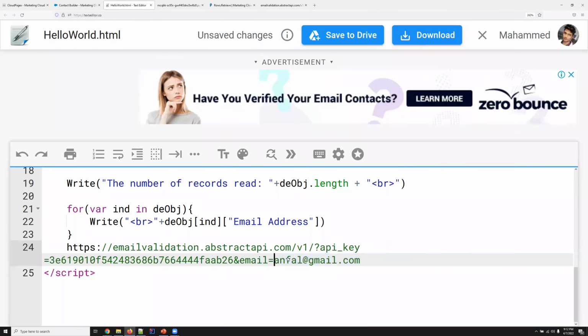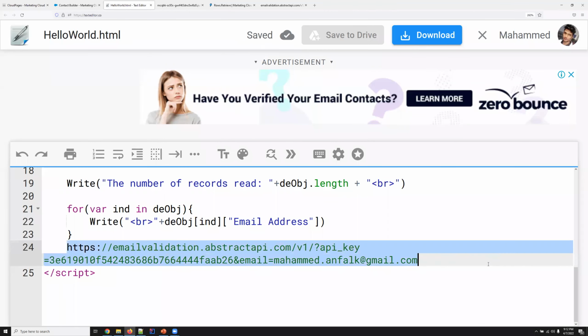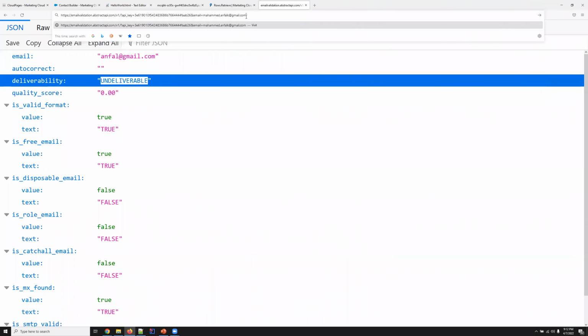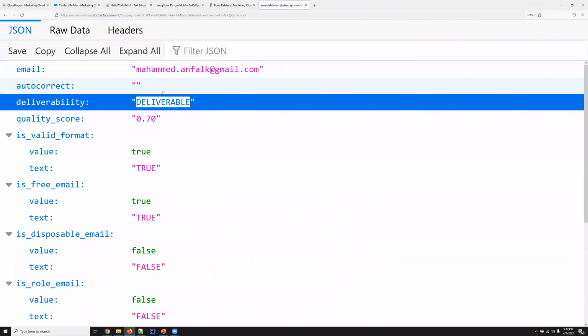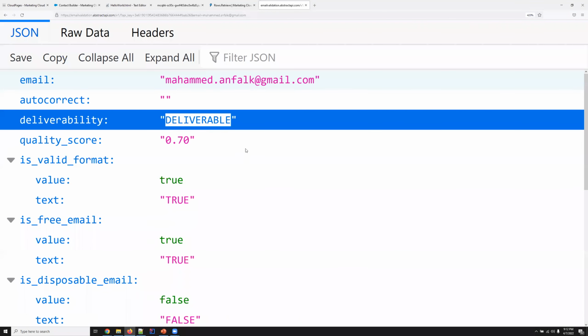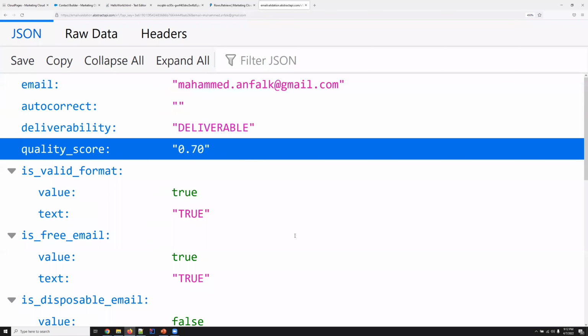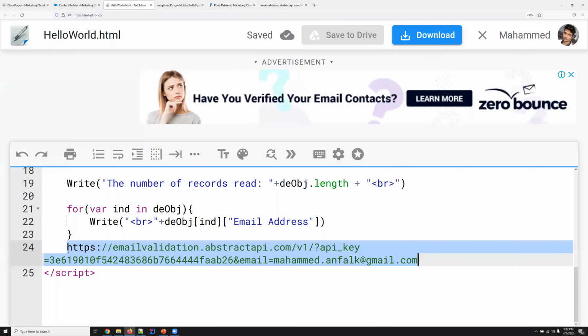Let me give it a valid email address. This is a valid email address. If I hit this one, it's going to tell me that it is deliverable. If I zoom in, you can see that it is deliverable. Okay, now we know how to make this API call in a browser, but to do it in SSJS,